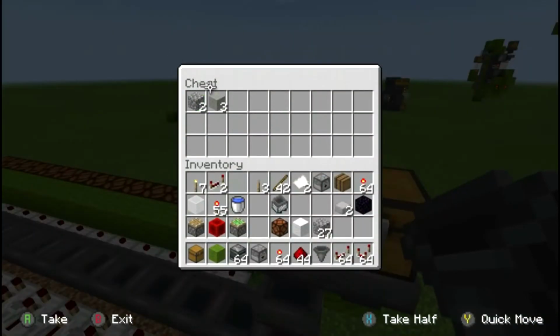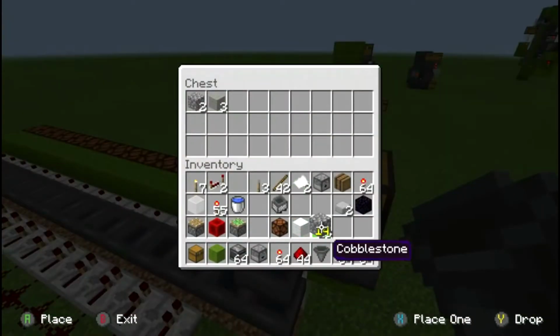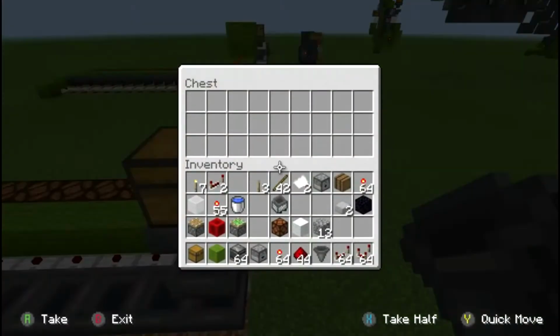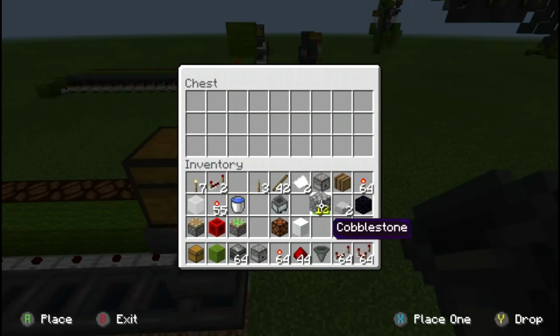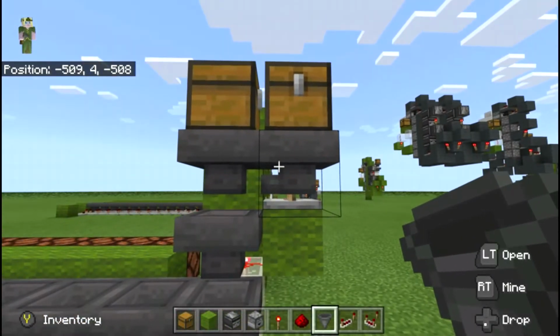So in this particular hopper, we have gray wool and we have cobble, right? Speaking of, I'll go ahead and put some more in there. So if I put a cobble in here,